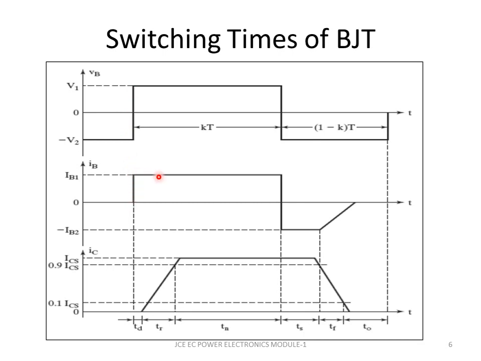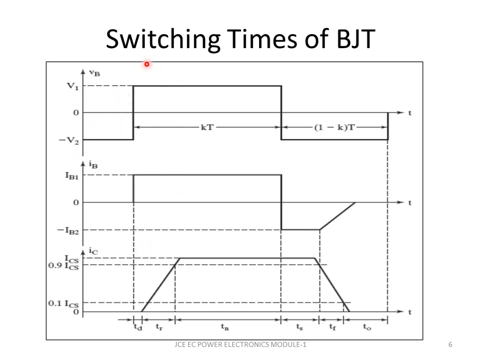So you will get a base current and it will follow the input base voltage till here, and after this you can see the base voltage becomes negative to minus V2. And what we see here is the base current also goes negative, stays there for some time, and then slowly becomes 0. Till it becomes 0, we are maintaining the reverse voltage minus V2 at the base. Just have a look at this. We will explain it step by step.